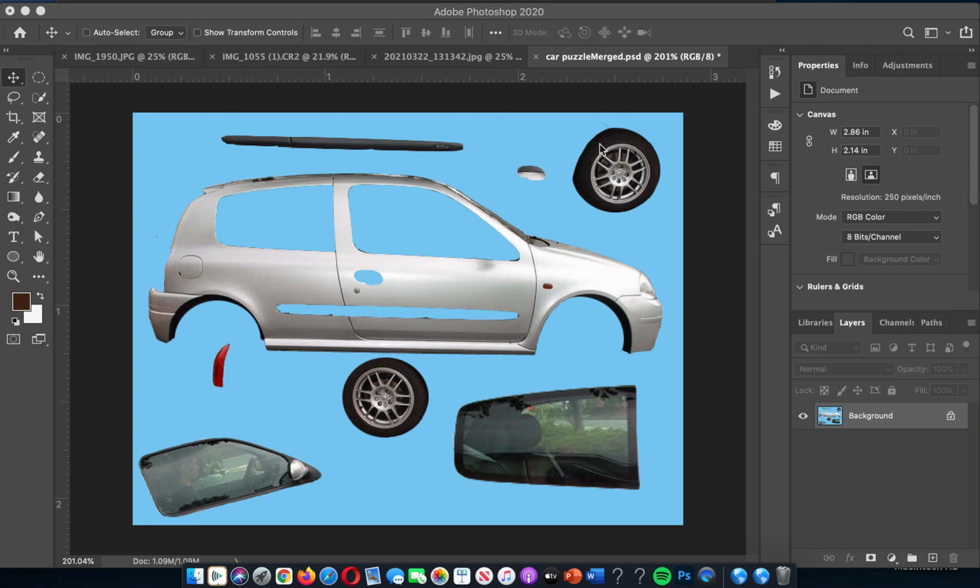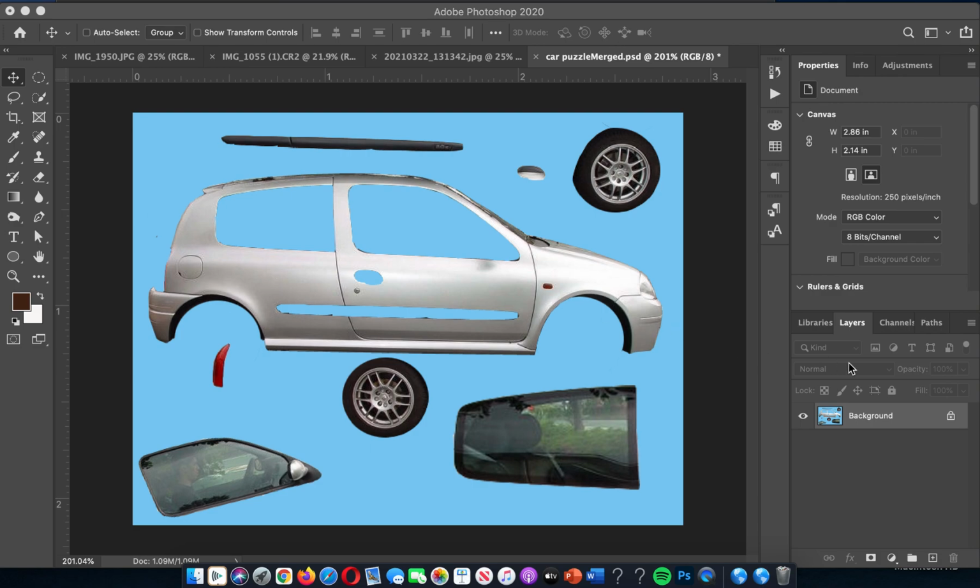space. We have in the center of our screen the canvas. This is the printable area with all of our image on it. In this case, I have a collage. We have our tools over on the left-hand side. Today we'll be going over the Move tool and several of the selection tools in order to put this car